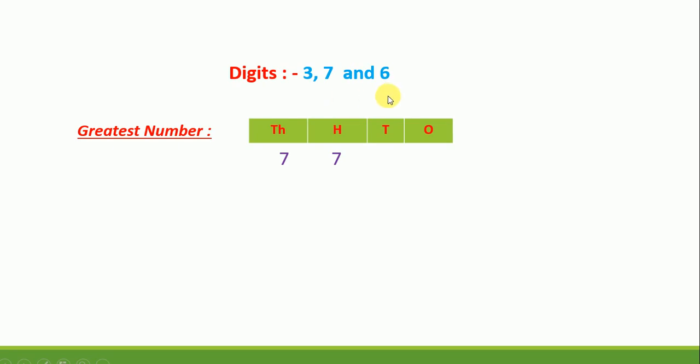One is 3, the other one is 6. So among these 2 digits, which is the greatest one? Yes, 6. So the 6 we will place in the tens. Okay. So we have one more digit with us, that is 3. The 3 we will place in the ones place. So the greatest number which we get here is